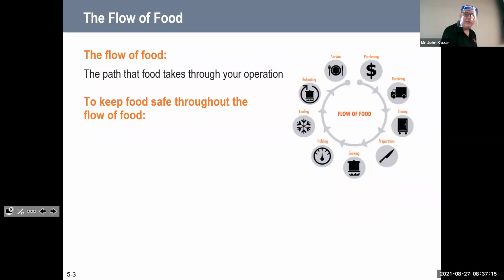Okay, so we're doing chapter 5, I think it is. We're starting an introduction on the flow of food. Chapter 4, I'm sorry, my source PowerPoints are numbered differently. So when we talk about the flow of food, we're talking about the path as it goes through our operation. So it starts